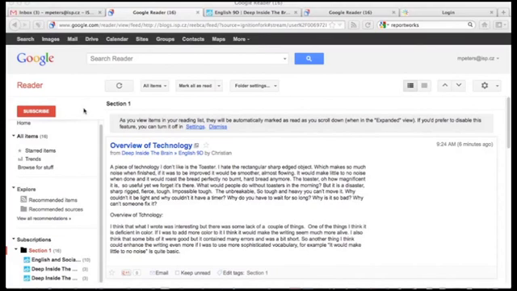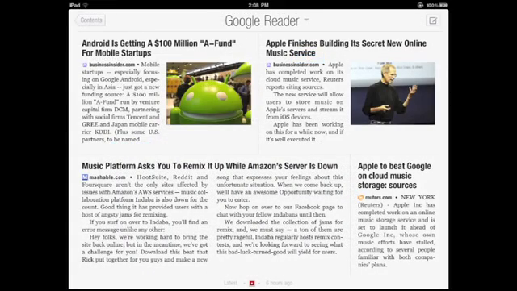Although I use Google Reader as my main RSS tool, I don't actually visit the Google Reader site very often except to subscribe to new feeds or to unsubscribe to feeds I don't want to read anymore. I actually use another little app. It's called Flipboard. It's available for free for both iPad and iPhone. I use that to pull in all of my Google Reader feeds, and what it does is it brings them all into my iPad and presents them in a beautiful, easy to read, sort of graphic format